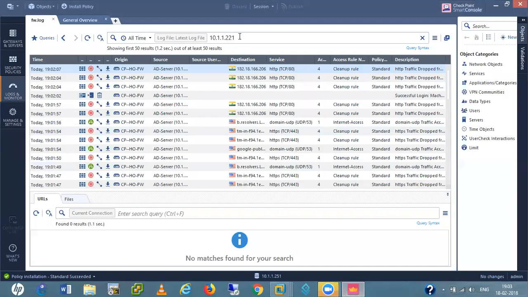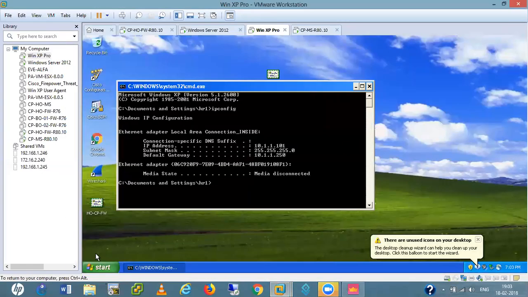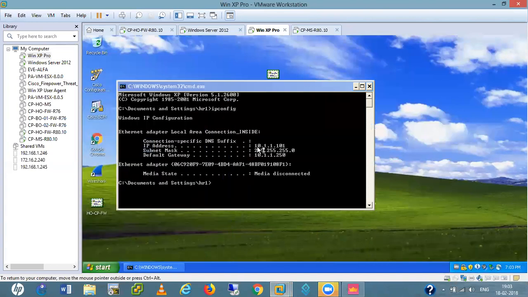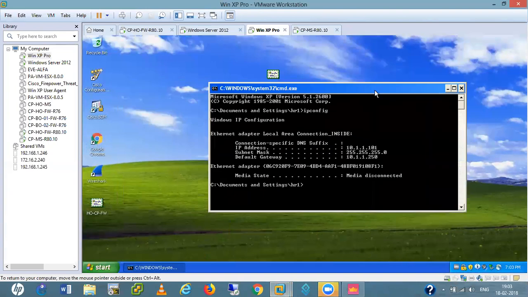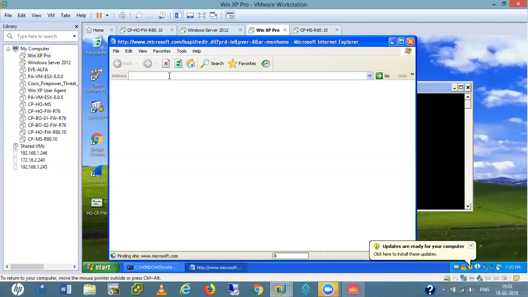Okay, so if I give 10.0.1.1 in the search here, I'll open my Internet Explorer. I just type the website https www.amazon.com.